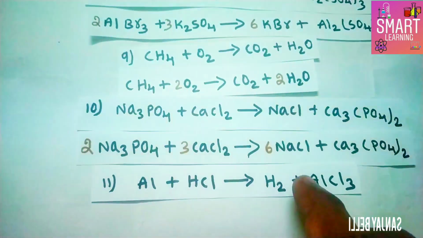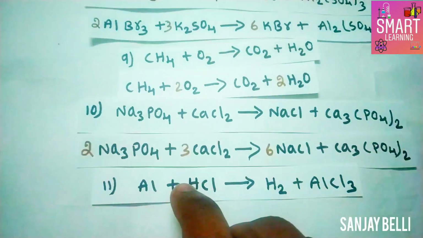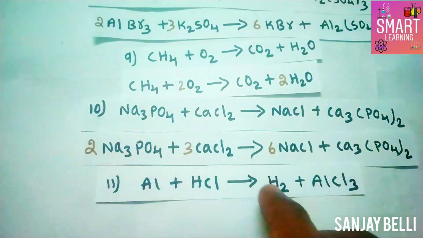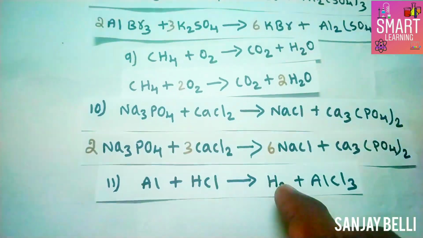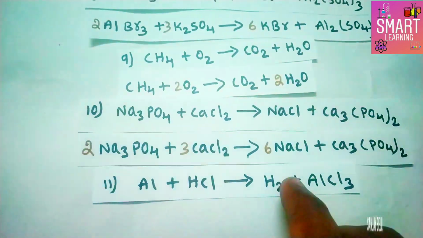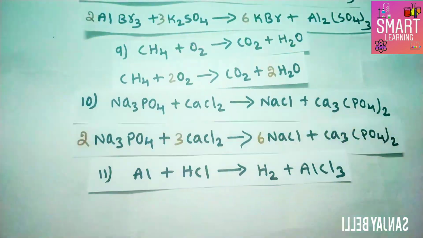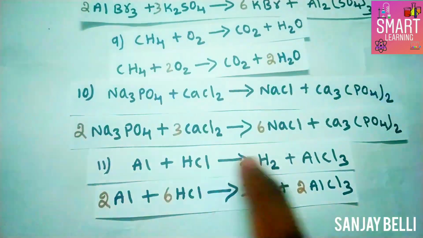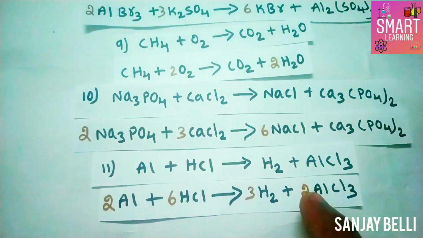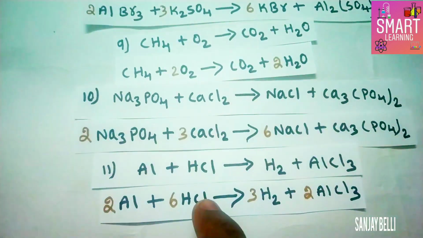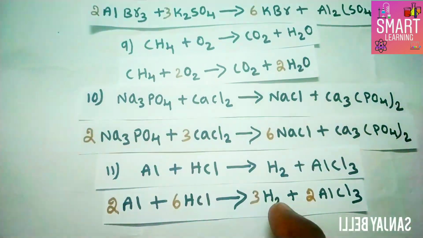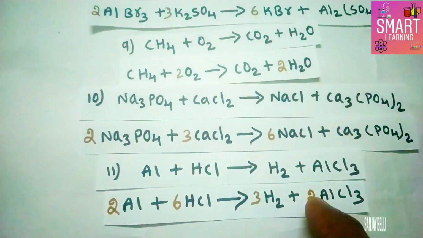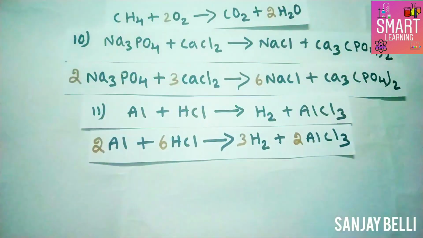So if we make 3 here, 3 hydrogens, 2 hydrogens will not be balanced. So I am keeping here 2, 2 3s are 6. So I can keep here 6 HCl. Then here 3 I will make, here 3 2s are 6 hydrogens. Next here 2 aluminiums will be getting. So this is your answer, because first we need to concentrate on chlorine, because 1 3 it was there. So 3 chlorines, 2 3s are 6, it becomes 6 chlorine. Next 6 hydrogens, 3 2s are 6 hydrogens. And here 2 aluminiums, here we got the 2 aluminium.